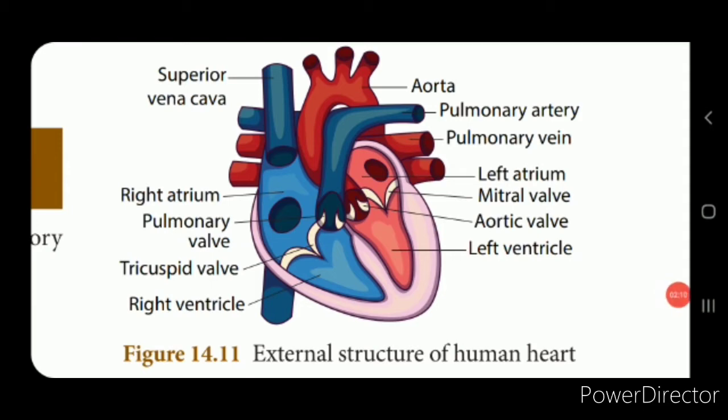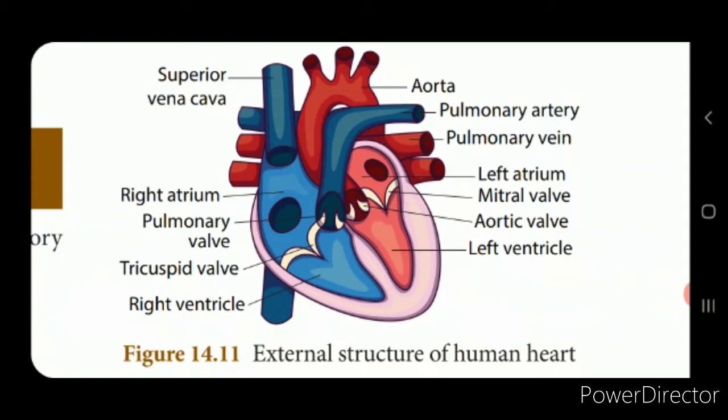And we know that the human heart is divided into 4 chambers, isn't it? The left atrium, left ventricle, right atrium, and right ventricle, isn't it? Now the upper 2 thin walled chambers are called as the atrium or atria. If you say in singular, it is atrium. Look into the picture, children. Here you can see the left atrium, left ventricle, isn't it? On your left hand side, in the screen it will be on your left hand side, isn't it? You can see right atrium and right ventricle, isn't it? So these are the chambers, right?